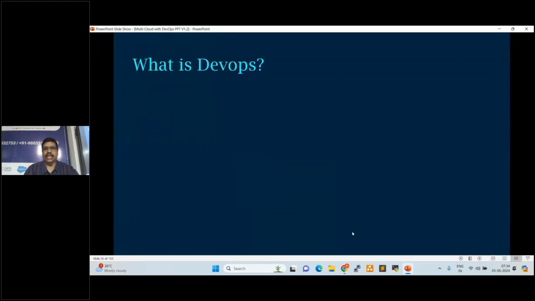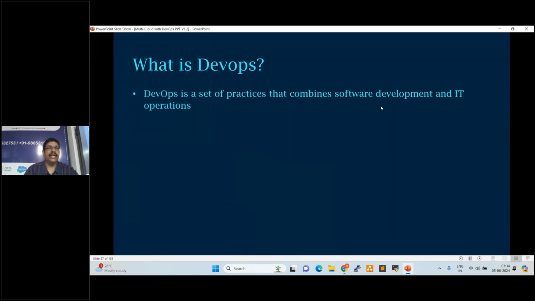So what is DevOps? If anyone asks you this question, what would be your answer? DevOps is not a tool. It is a set of practices that combines software development and IT operations.